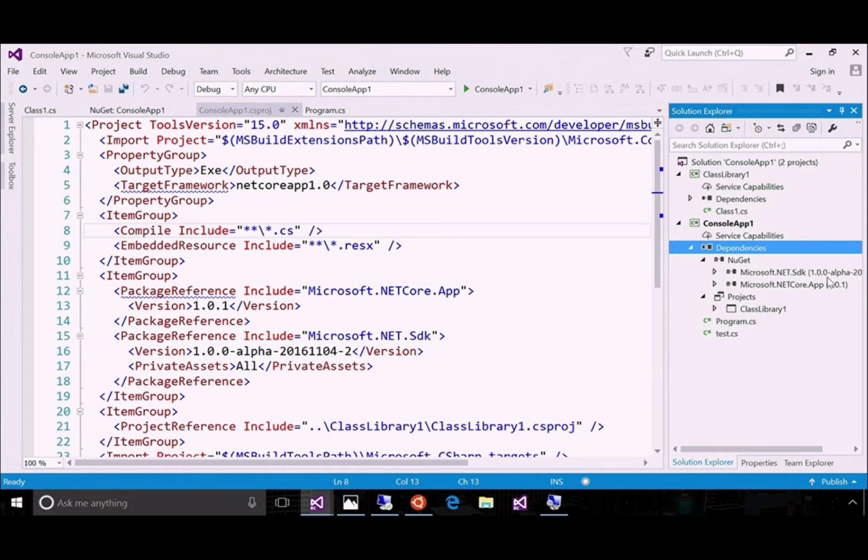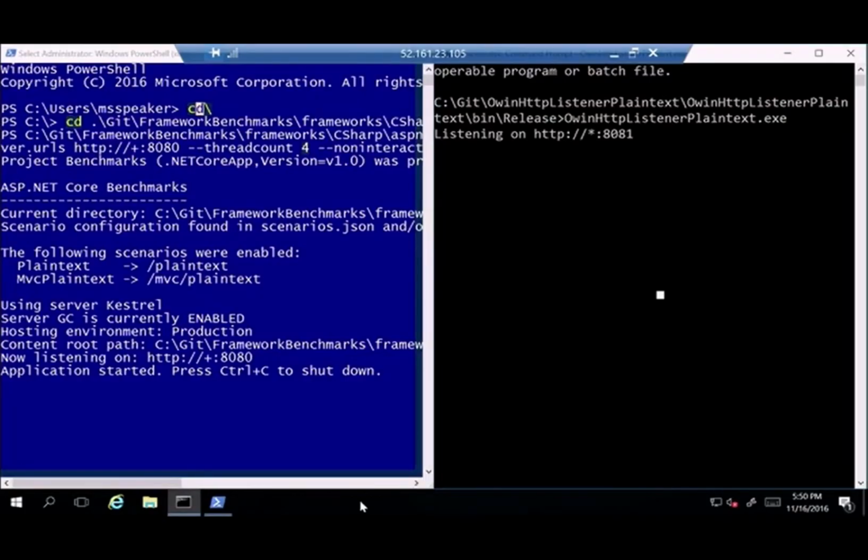differences. Let's switch gears and talk about performance. Over here, I have a virtual machine running in Azure where I can run our performance benchmarks right now. When ASP.NET Core was originally released, it was already faster than ASP.NET 4.6. Because I would like to see the performance differences between the two of them, which you can do as well,